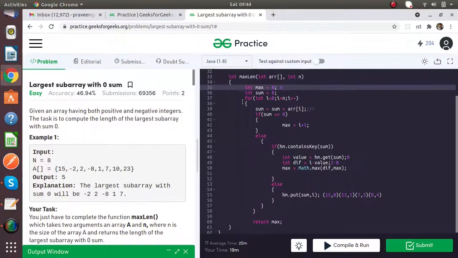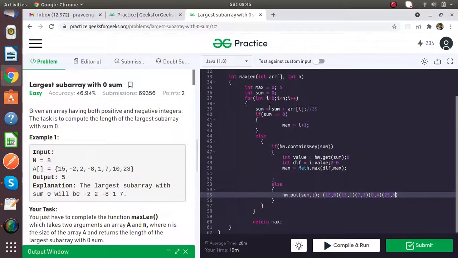Then we come again. 15 plus 10 is equal to 25. It is not equal to 0, and it is not present in the hash map, so we simply add 25 with index 6.